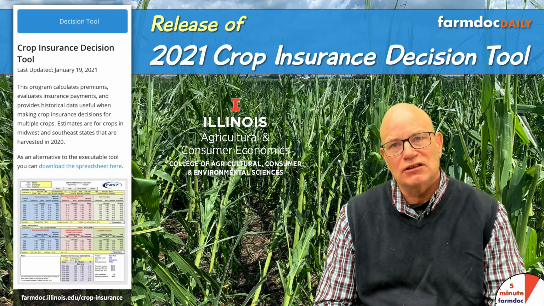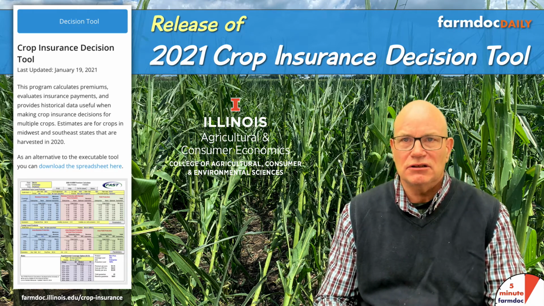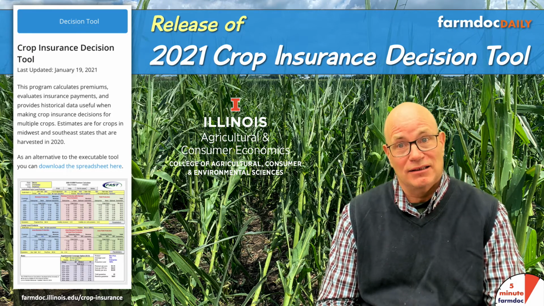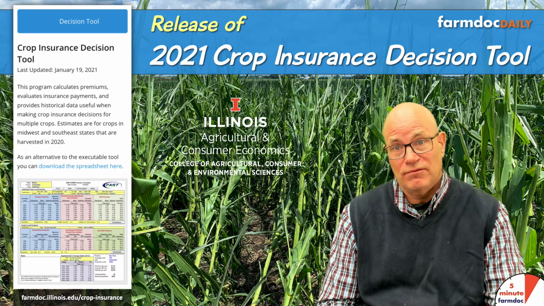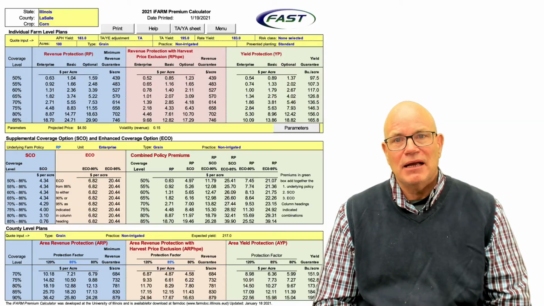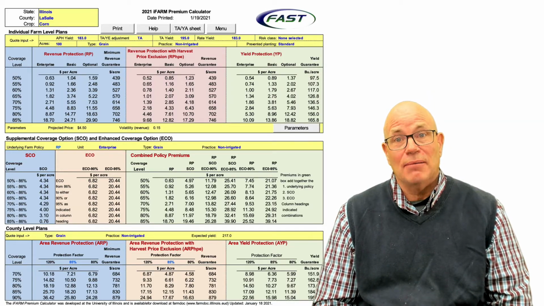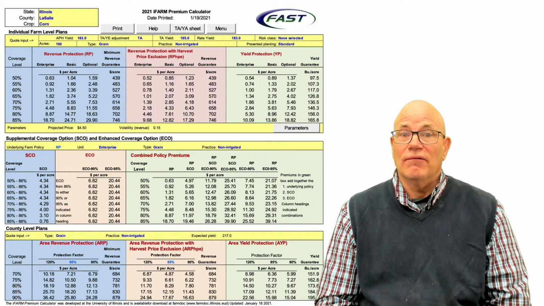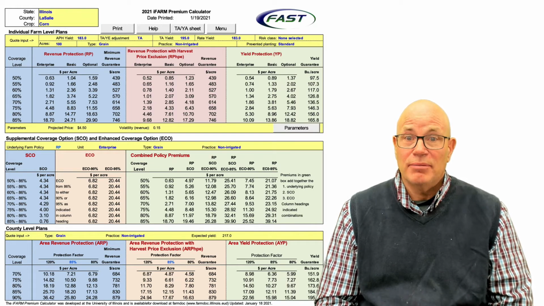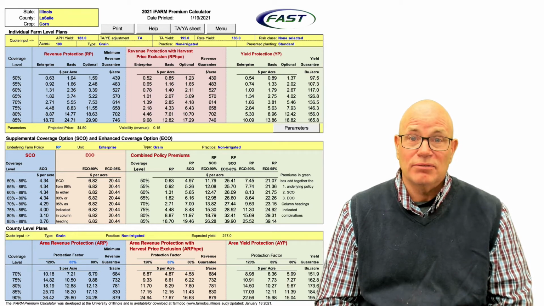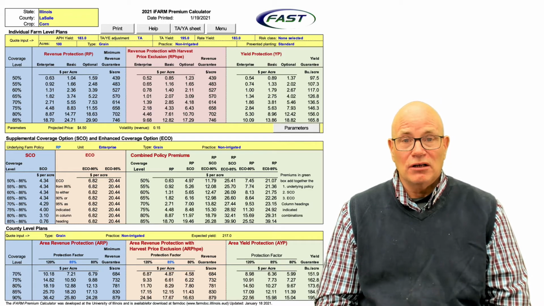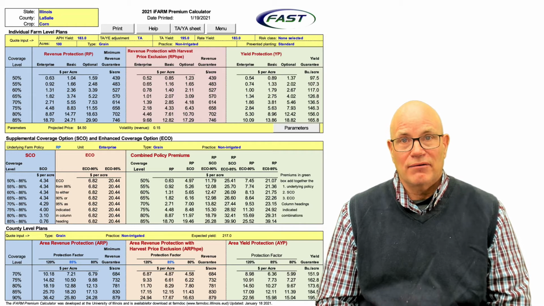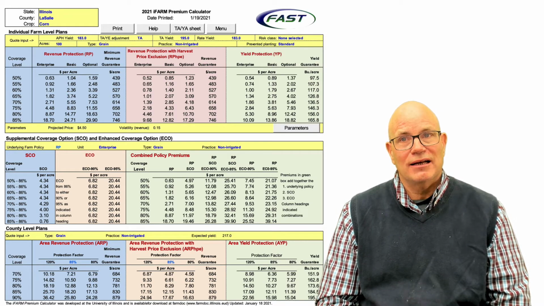We have released our 2021 crop insurance decision tool. That tool has several different features to it, and it's linked to in the description of this video. One of the big things that many people use in it is our premium calculation feature. We do premium calculations for farm level coverages, RP, RP with high-risk price exclusion, and YP. And we also do the area revenue plans, ARP, area revenue plan with high-risk price exclusion, and area yield protection